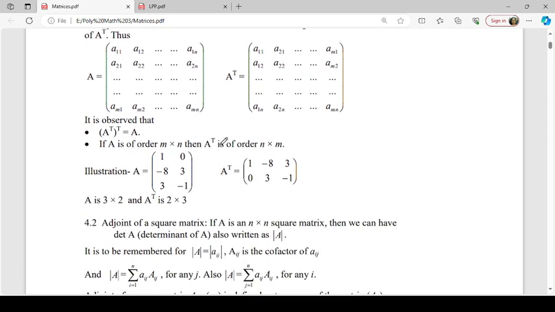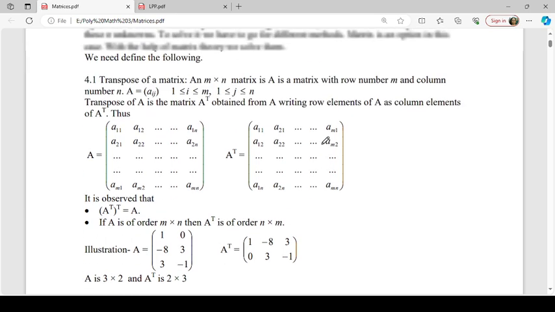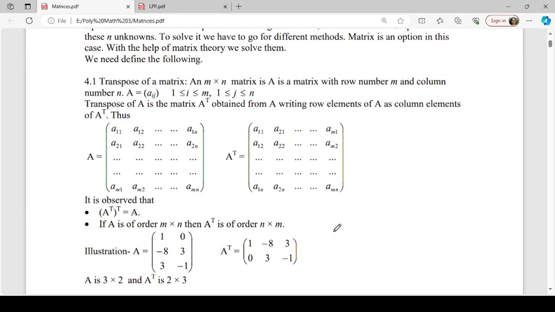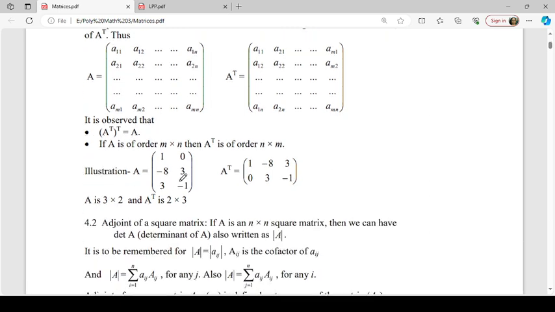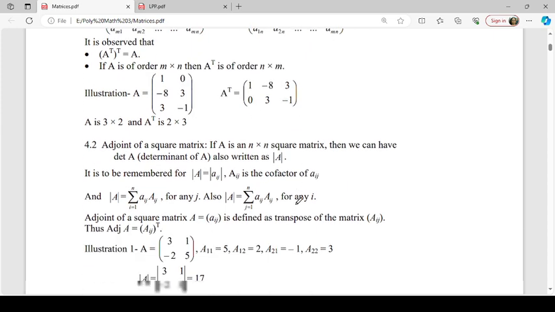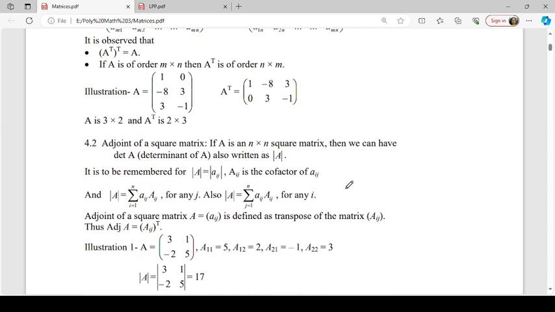A is of order M into N, and A transpose is of order N into M, like this. So if A is 3 by 2, then here these rows are written as columns and columns are written as rows. So these are transposes. Then adjoint means